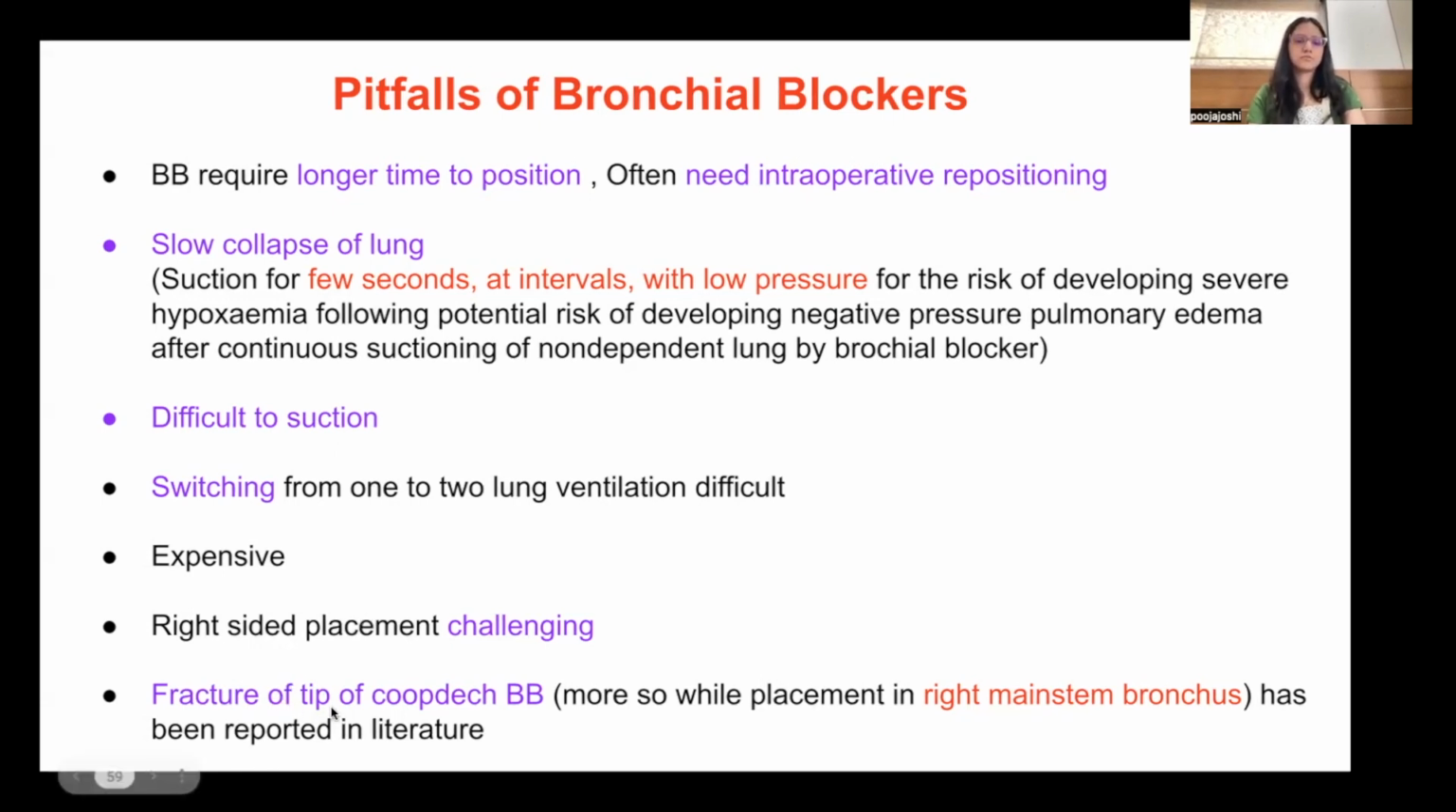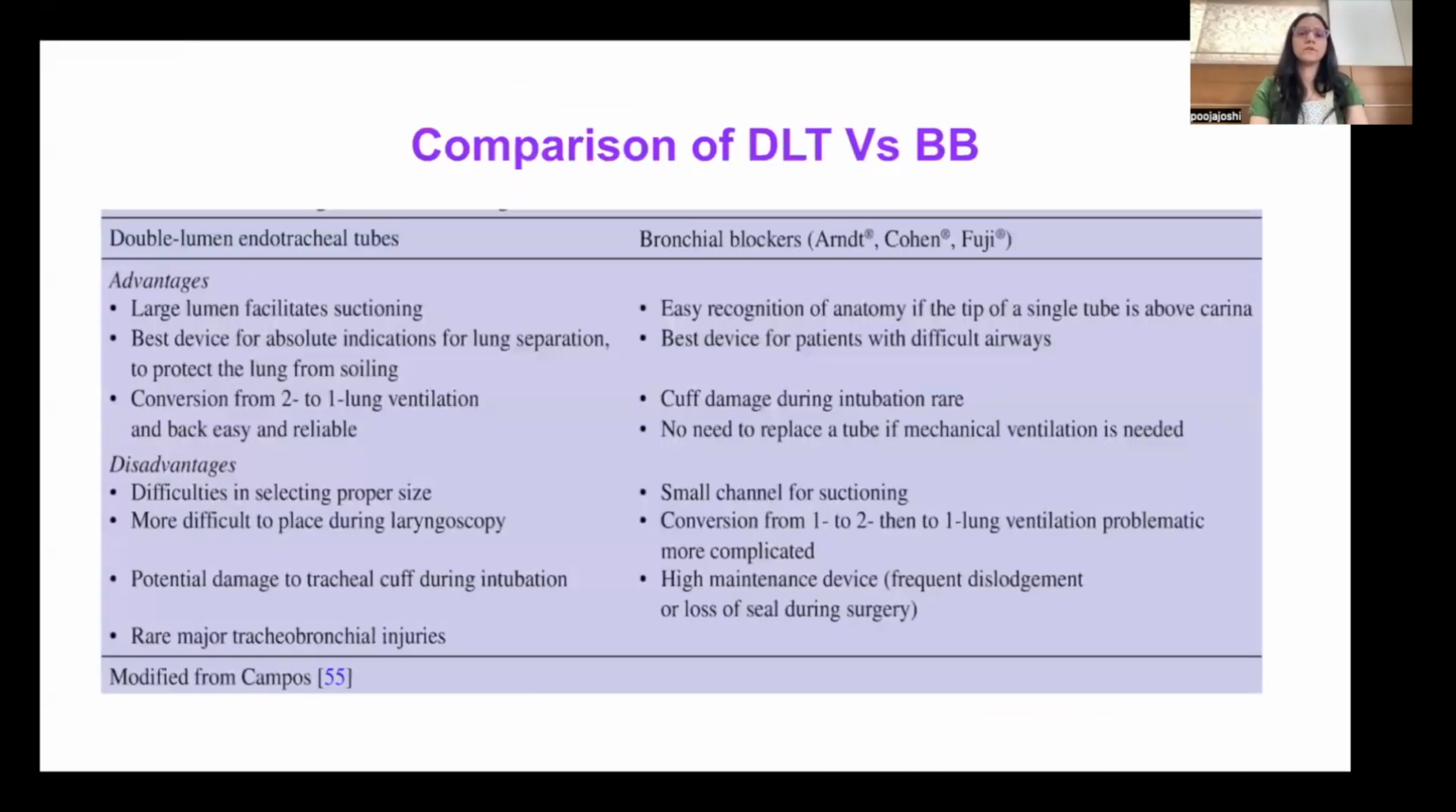There have been reports of fracture of the tip of the Coopdech bronchial blocker, more so while placing it in the right mainstem bronchus, because you get a Murphy's eye on the right side of the single lumen tube. If you pass the Coopdech blocker through the Murphy's eye, there are chances of fracture of the tip of the blocker. While comparing the DLTs and bronchial blockers, DLTs allow easy suctioning. These are the best devices for the absolute indication. The switching from one to two lung is easier and reliable. While in bronchial blockers, the advantages are it is the best device for the patients with difficult